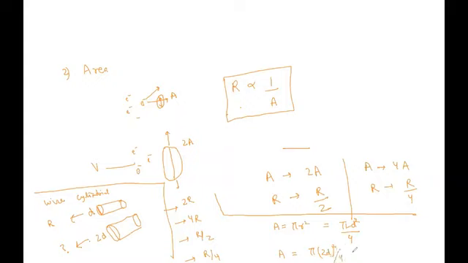So what is the area? It will be pi 2d square by 4. The 4 and 4 will cancel, then it means pi d square only. I'm saying this is A prime, the other area. So what is the relation between A prime and A? If you divide A prime by A, you will get